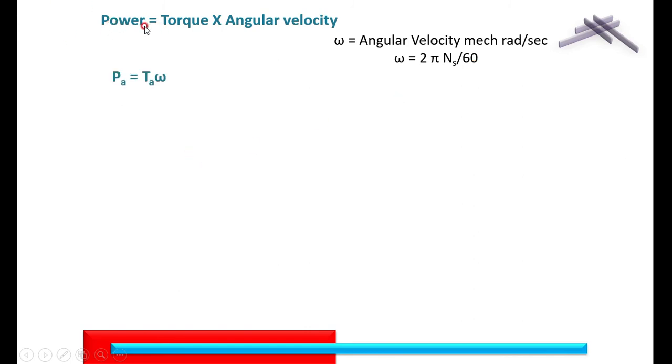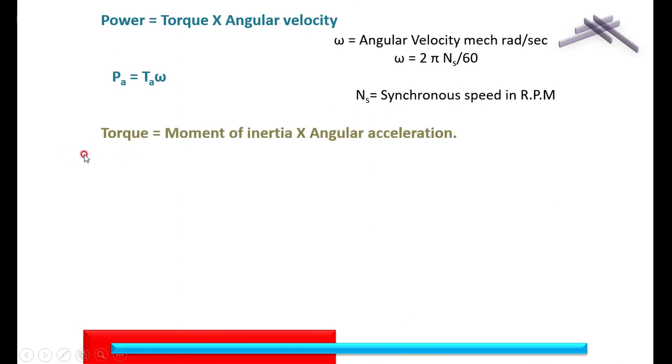Here, the power Pa can be expressed as Pa is equal to Ta into omega, that is the angular velocity. But the value of the angular velocity is 2 pi ns by 60, where ns is the speed in rpm. Then also we know that the torque is expressed in terms of moment of inertia and angular acceleration. Therefore, the torque is the moment of inertia into angular acceleration. That is, the moment of inertia as I,